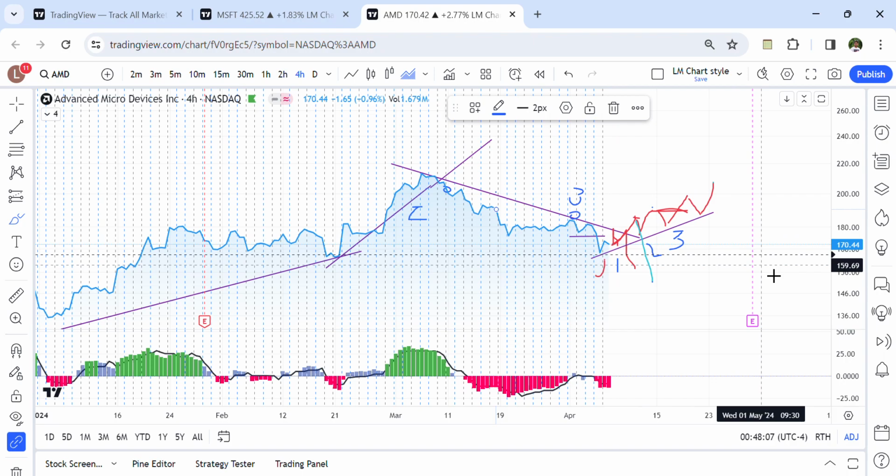Within the next 4 hours, if it doesn't come back below 176, you can mark it as the start of the next uptrend. Okay, and you can enter your call positions, which may be like 1 month or 2 month or a quarter away expiry, or you can even enter stocks based on this trend line, the downtrend line breakout,